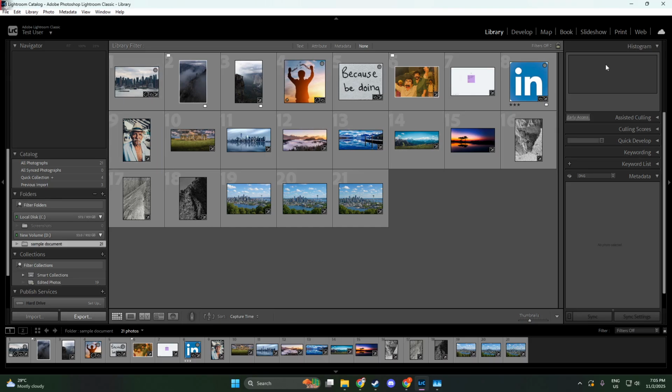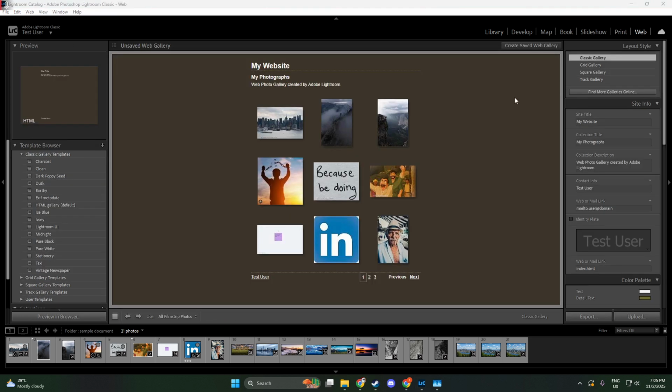Once your photos are ready, you'll need to navigate to the Web module. You can do this by heading to the top module picker, where you'll see various modules like Library, Develop, and of course, Web. Simply click on the Web module, and you'll be taken to a workspace tailored for creating web